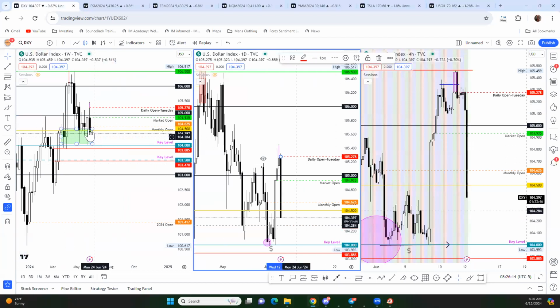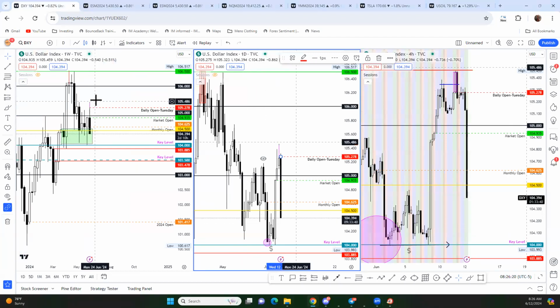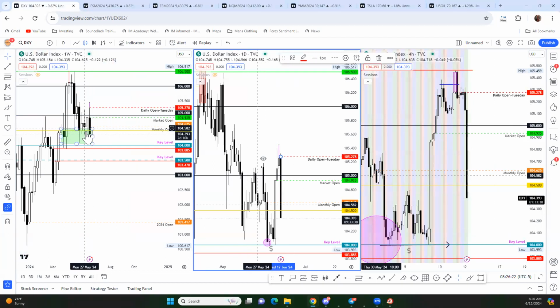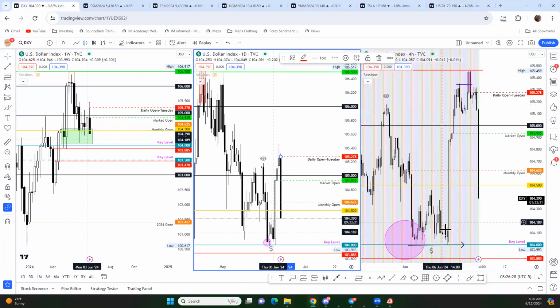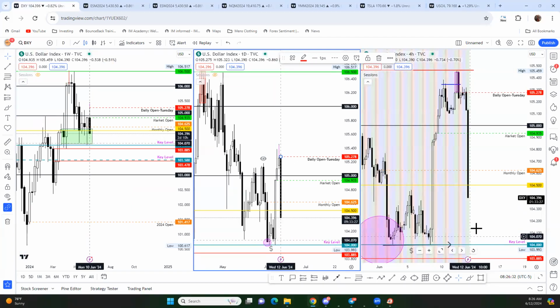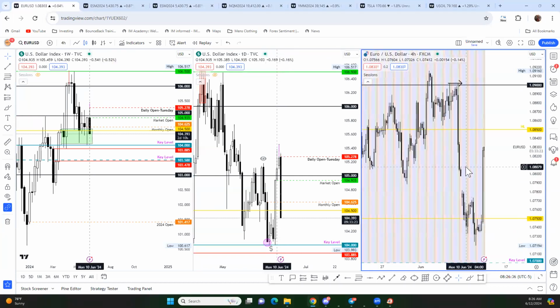What we anticipated on that weekly. If we couldn't get above this last up candle and we were seeing prices reject off that 104.50, it was either we're going to make a higher high weekly or we were going to start breaking down into this 103, 104, 103.50 area. Now, as you can see, there's equal lows here at the 104 level. What I want to see today is, are they going to clear those? And at the same time, what kind of price action will be created on Euro USD?